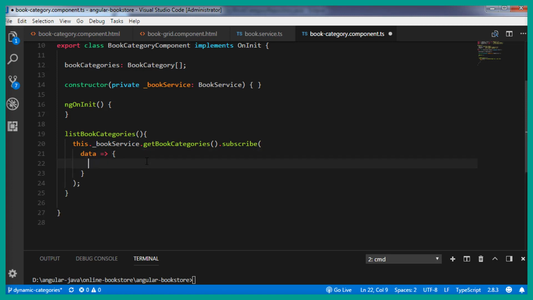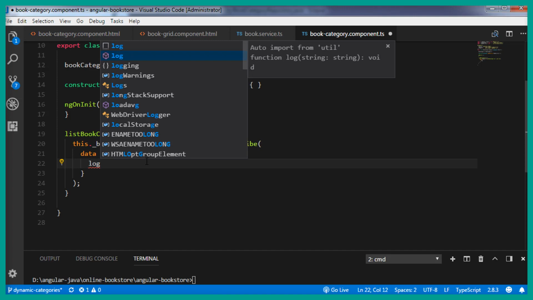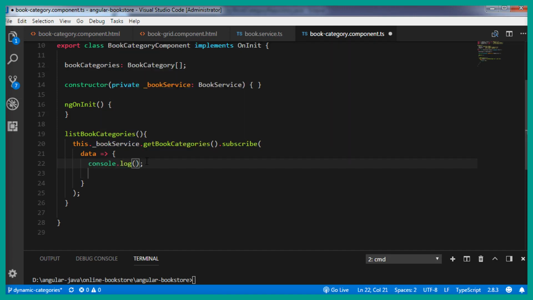So let's actually print this data in the console and see what we get. console.log, "book categories", comma, data. Let's save this, and if you take a look at the browser,